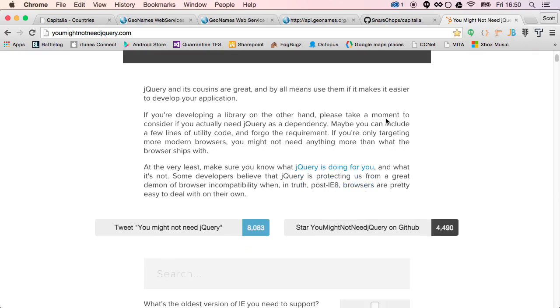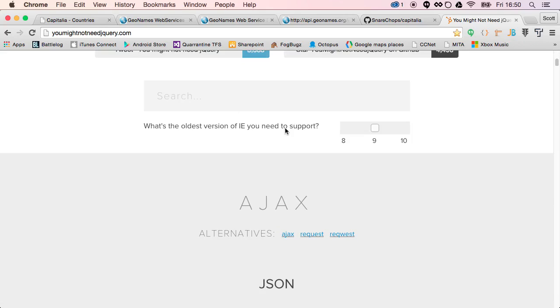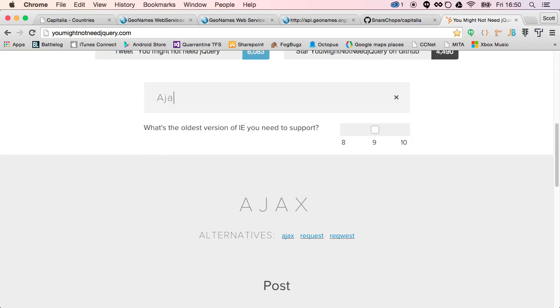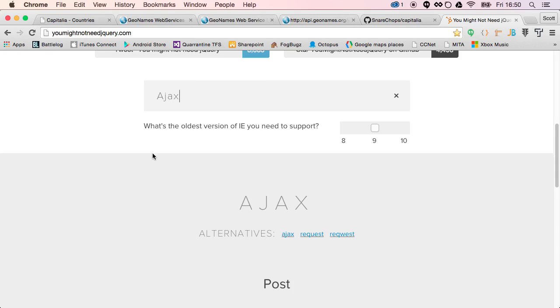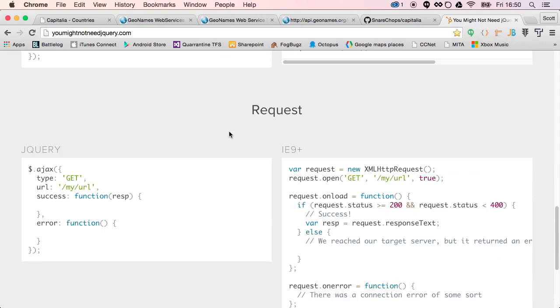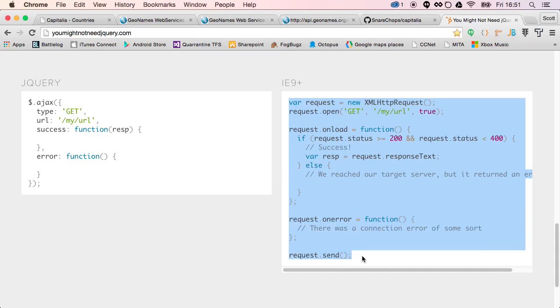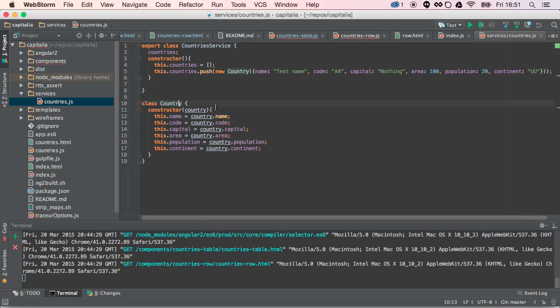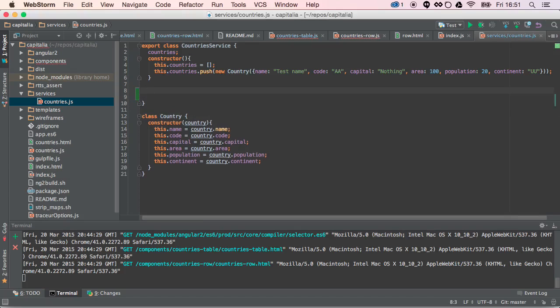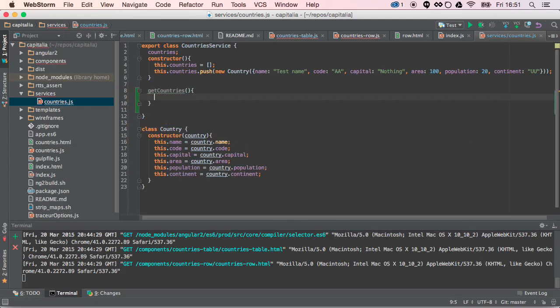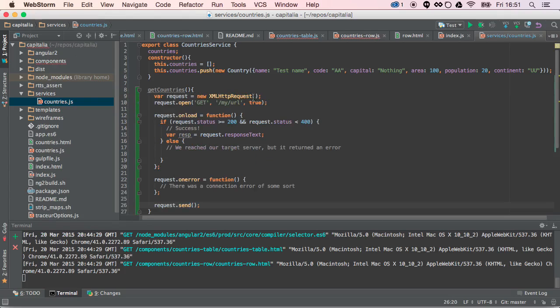So this is a great resource. And you can also just search for what you want. So if I were to search Ajax, then Ajax, of course, was at the top, but it becomes the only thing I see. So we need to make a quick request, which is this code. So let's create a method called getCountries,